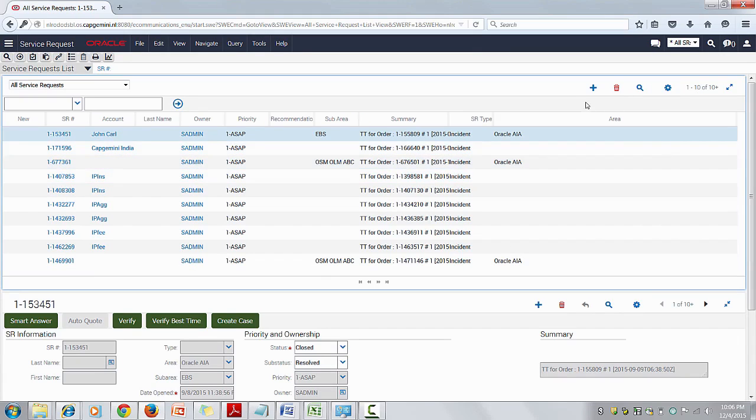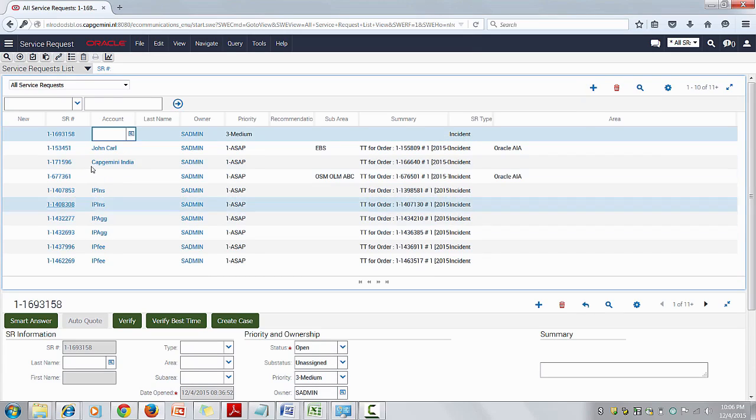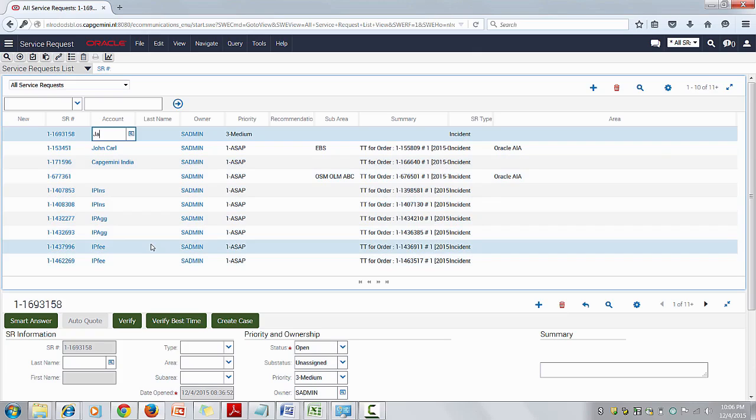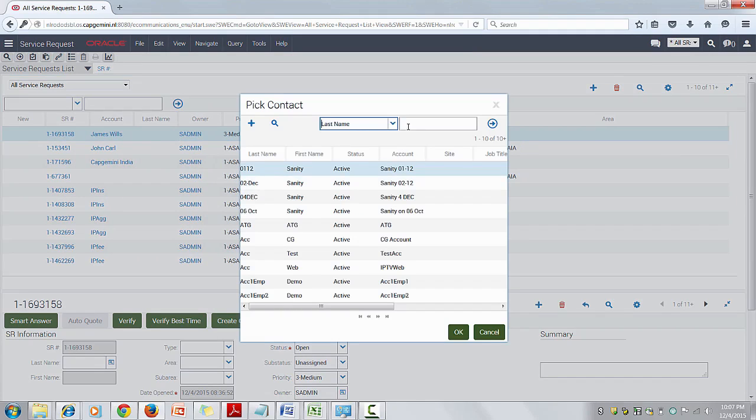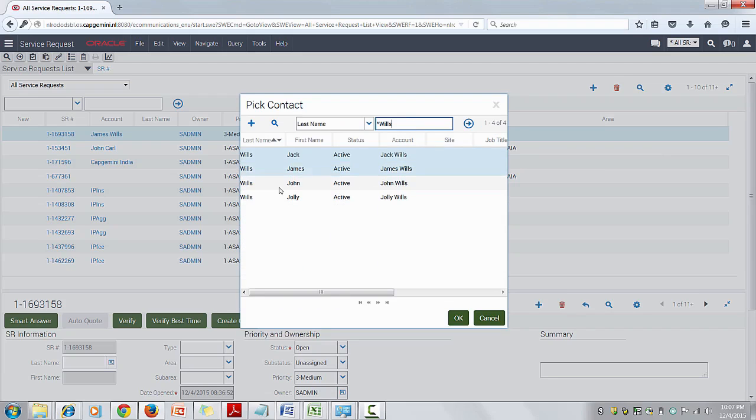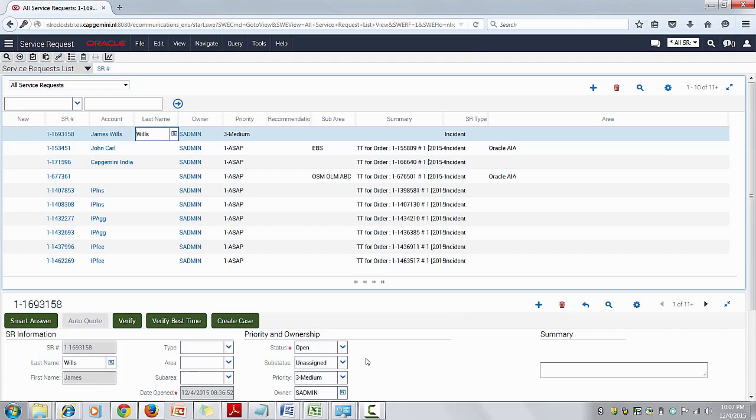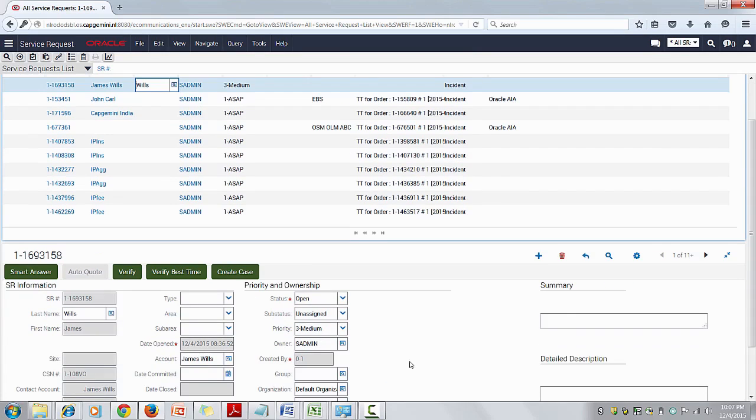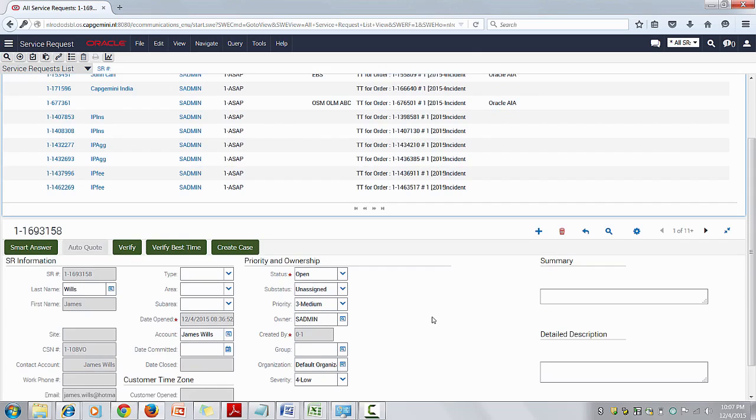So here we go and create a service request for James Wills, who has called up and is asking for some information. The account is mentioned as James Wills, and the contact is also James Wills. Now in the service request created, we have a few fields where we can specify which type of service request it is,